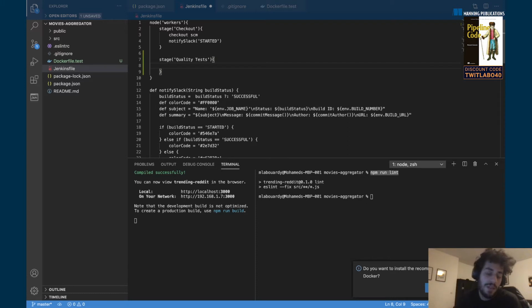And on this stage, I will be typing the steps or the commands that will be executed on the quality test stage. So the first command will be building a Docker image from dockerfile.test. So I can use the docker DSL instruction. Basically, this command will take 2 parameters. The first one will be the name of the image that we want to build. So here I will be using a variable called image name,